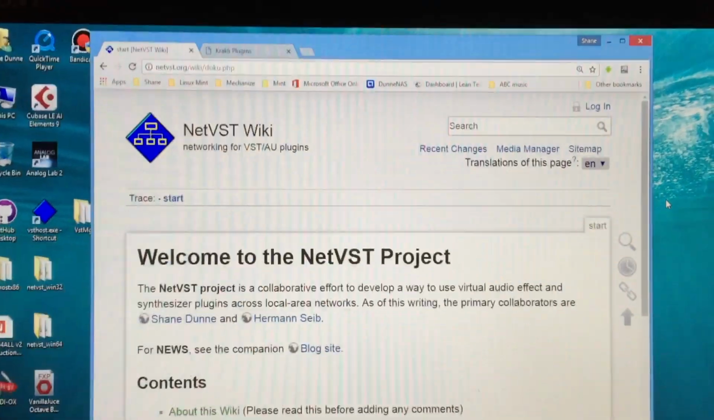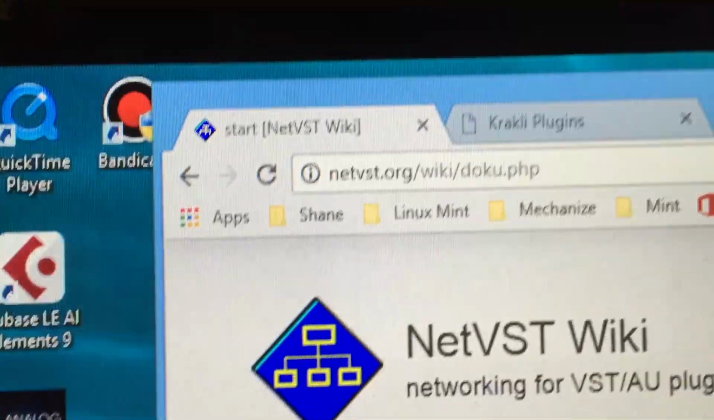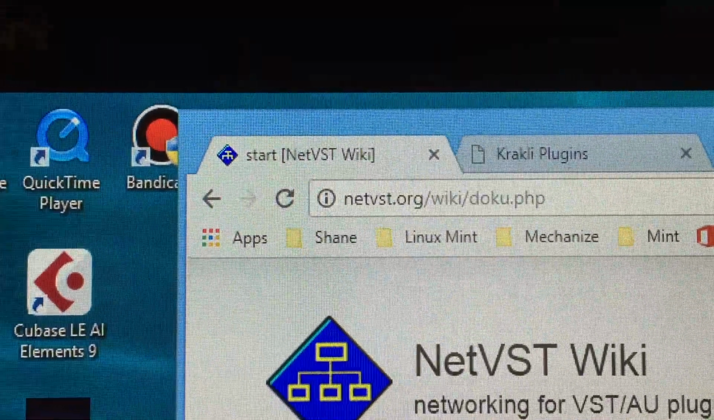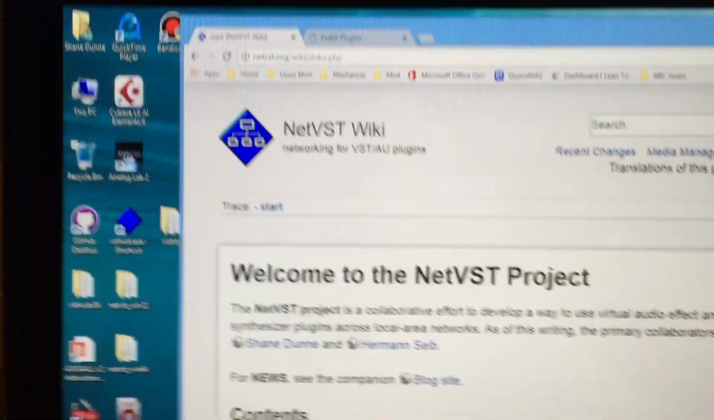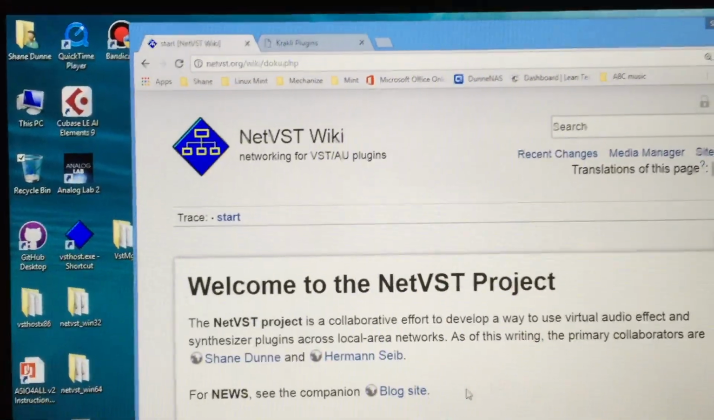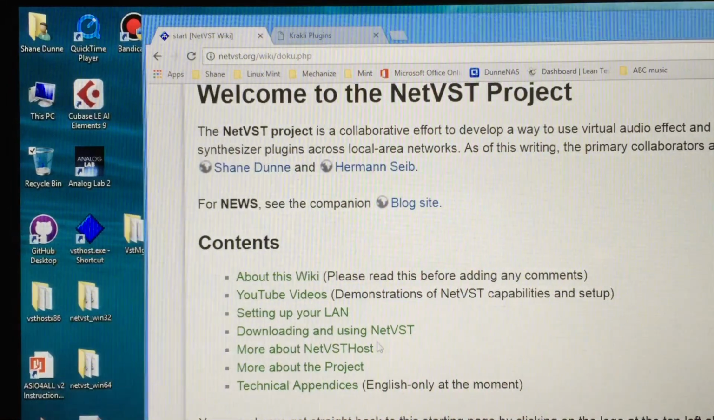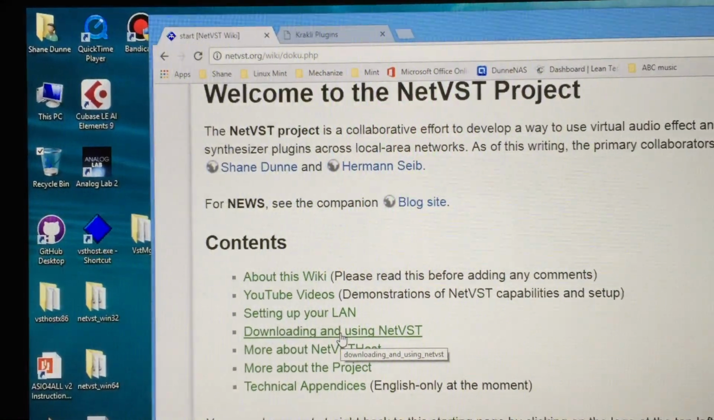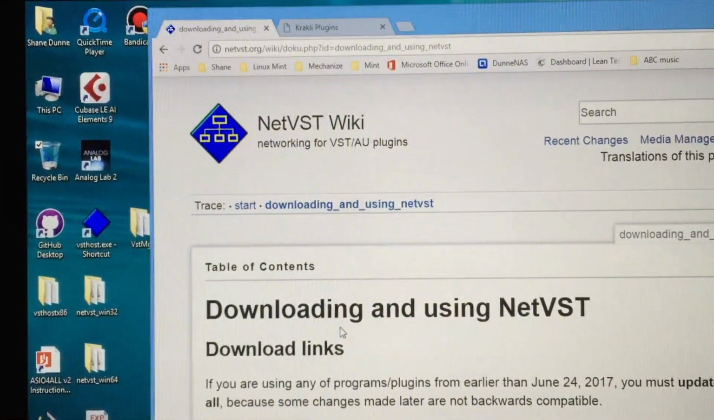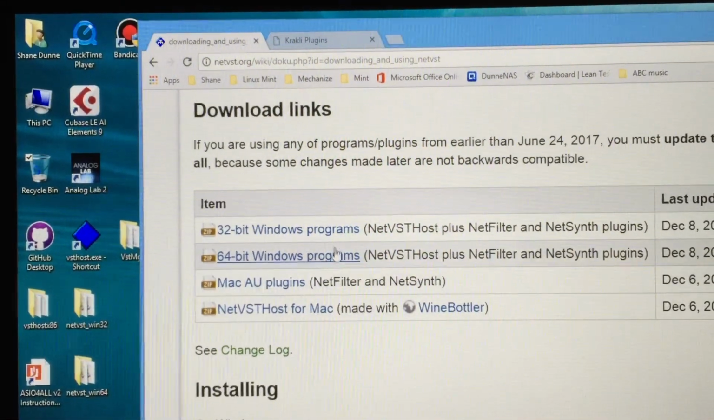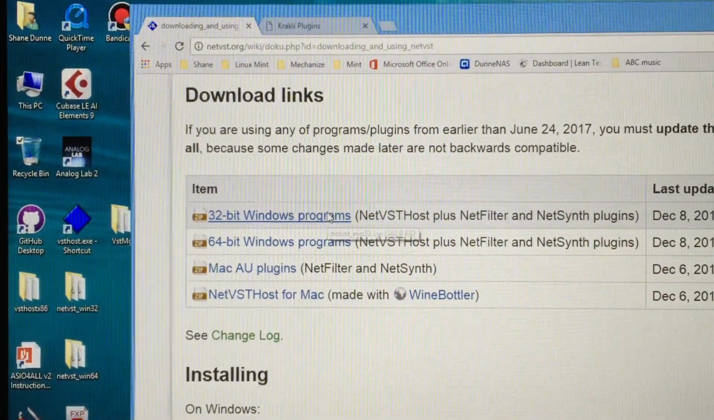First place you want to go to get the NetVST plugins is netvst.org/wiki. Go to the page that talks about downloading and using NetVST. And the download links, you want to get the 32-bit programs